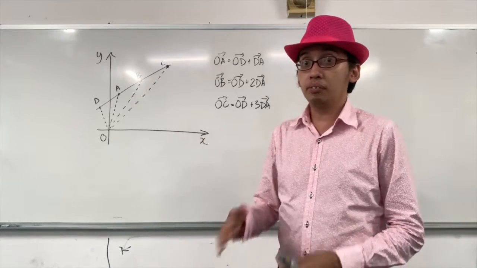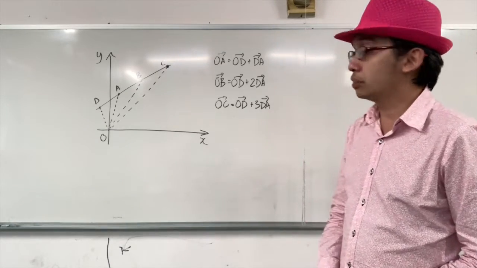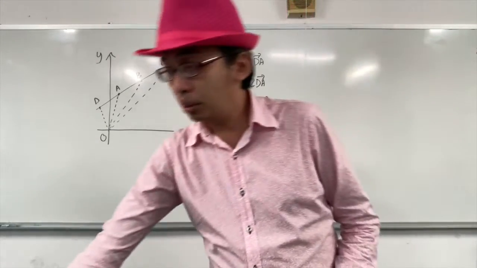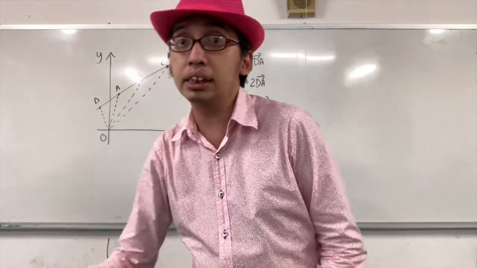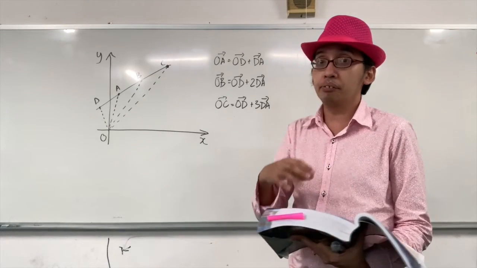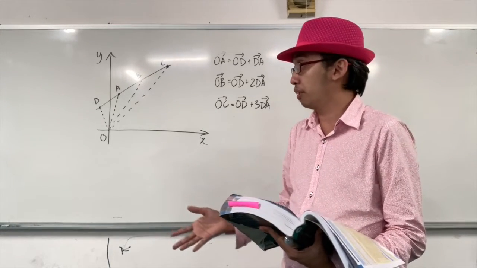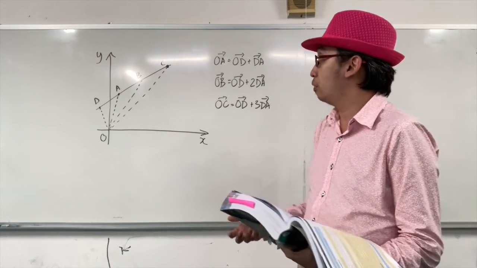Okay, so feel free to forward or rewind at any point of time. For this part, we are looking at page 122, which has the title velocity equation. In the previous video we learned the vector form of the equation of line, or the parametric form of the equation of the line. So now we are moving on to